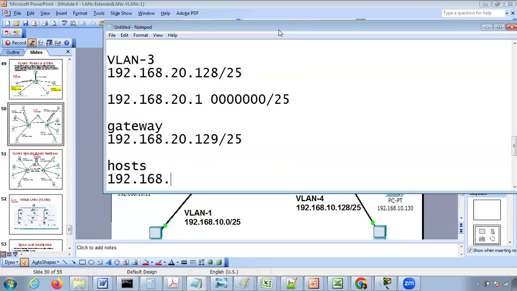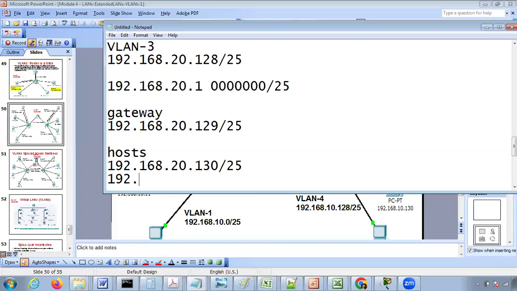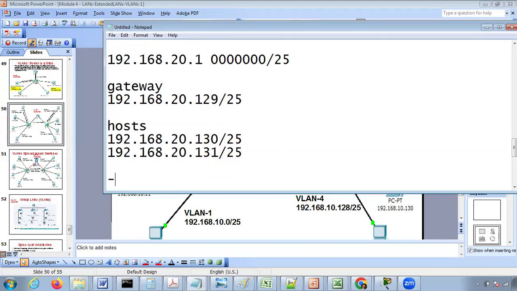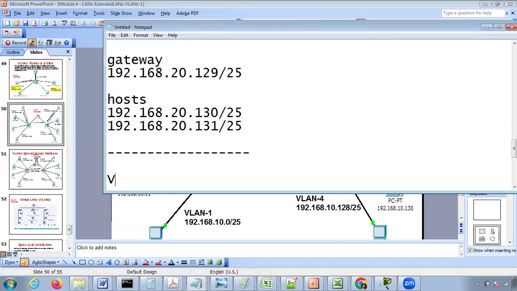Yeah, 130 and 131. So 192.168.20.130/25, 192.168.20.131/25. That's for VLAN 3. Now for VLAN 4,